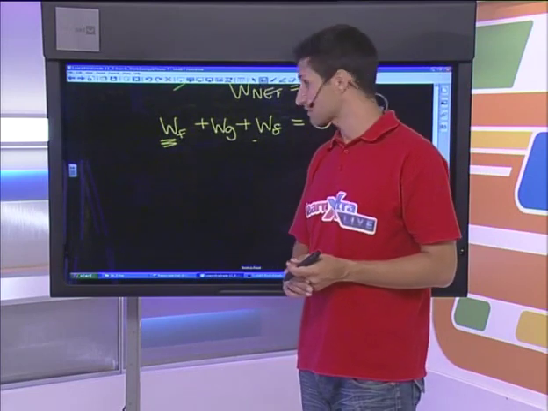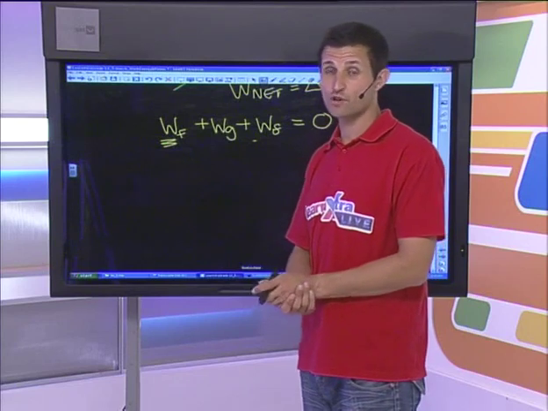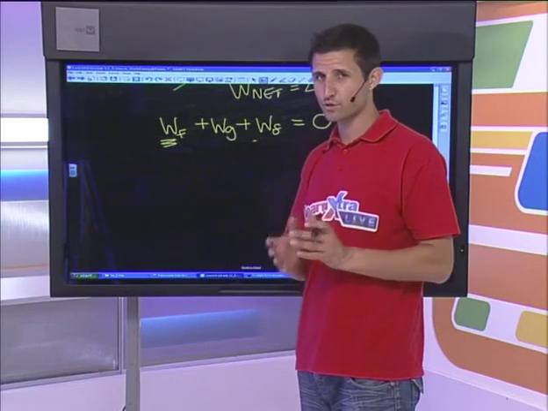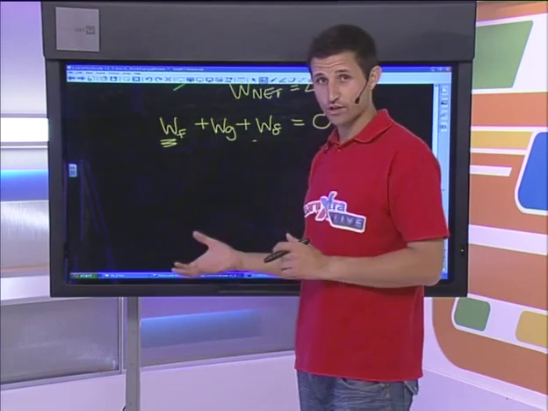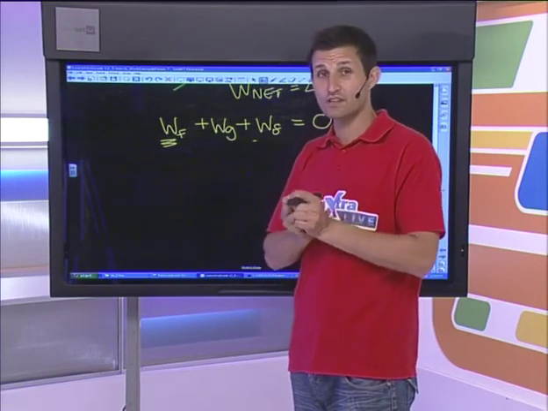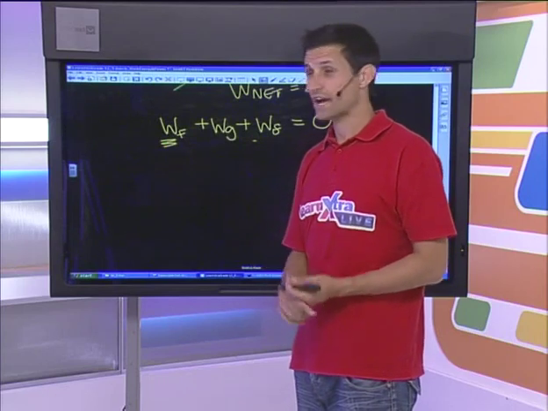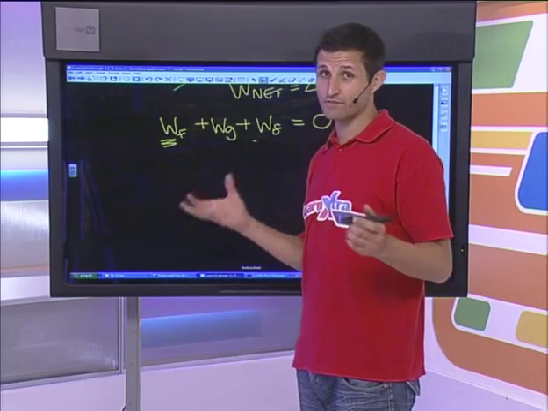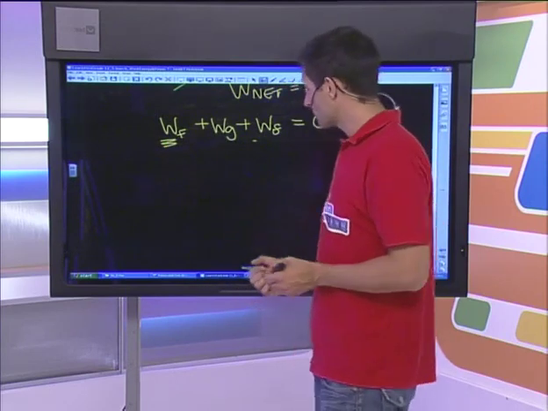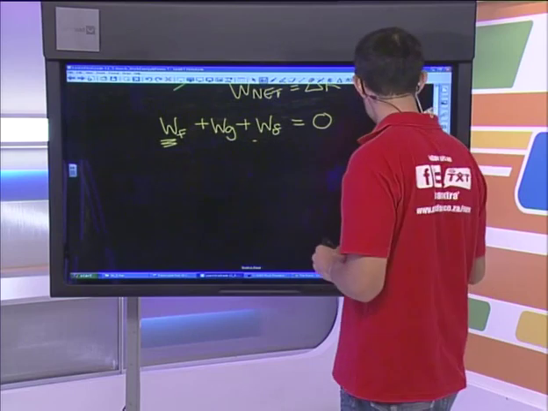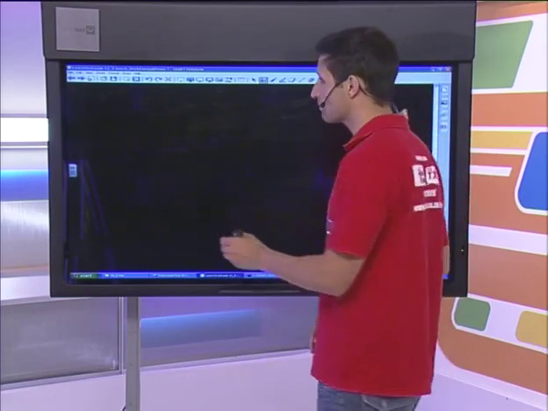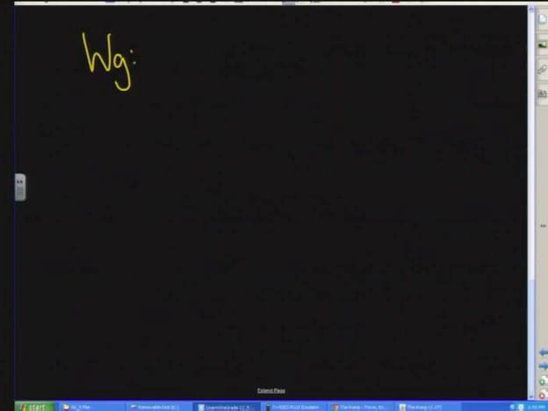Okay, now I've got to realize that the work done by gravity is going to be negative work. Now I haven't talked to you in much detail about this, but work which decreases the energy of my object is called negative work. And the way that I find negative work is by investigating the angles correctly. So let's do work done by gravity separately. Let's make a little subtitle to work out my work done by gravity. So work done by gravity is equal to the force of gravity, and we know how to calculate that, times the displacement that was moved by the object and cos of the angle